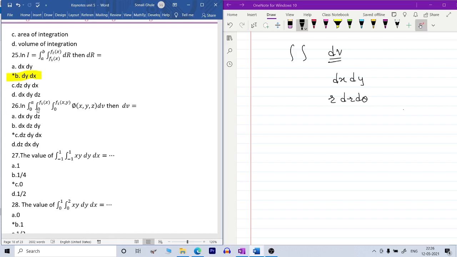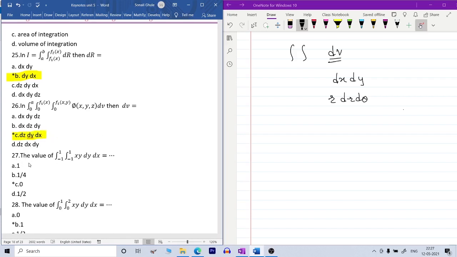26th, in triple integration, what is the value for dv? Now dv is here, as you can see, first in limit it is in xy, so there must be first integration with respect to z. So where it is, these two options you can check. Then second integral is in terms of x, so after z we have to integrate with respect to y because it is in x. So definitely here this is your option, as you can see.